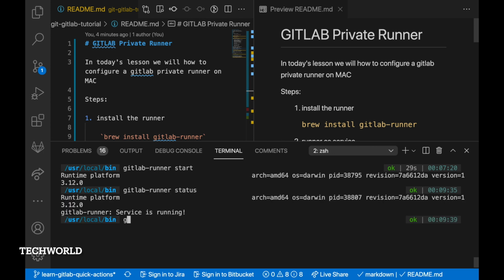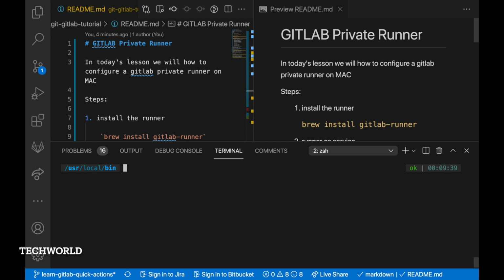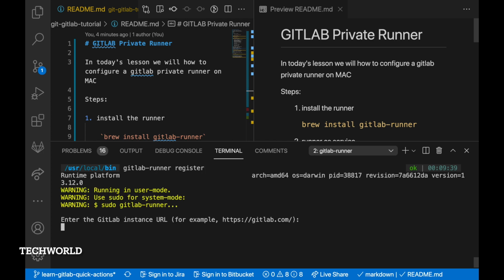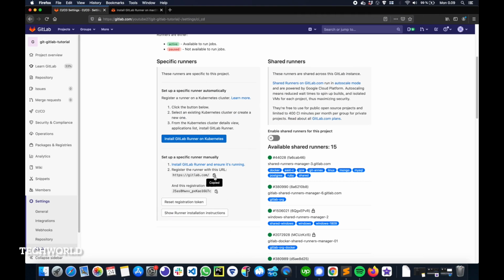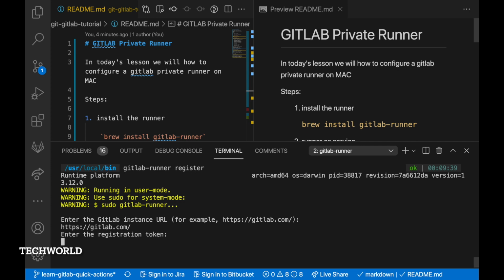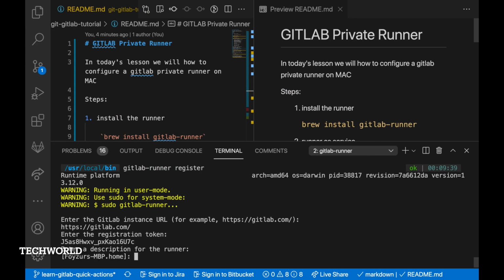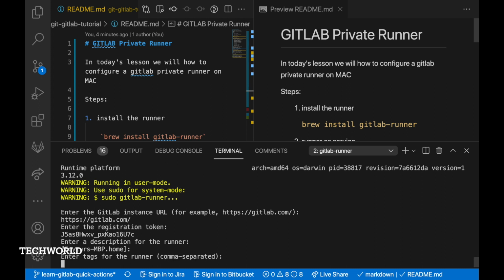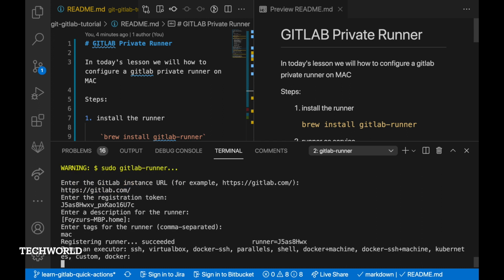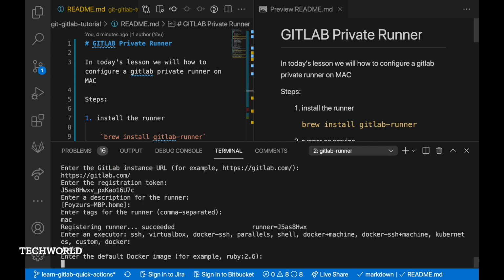Here we have a very good scenario. If you noticed, we registered a shell executor, but we did not unregister it. So if we now register a Docker executor, what will happen? Will it still be the shell executor or the Docker executor? The answer is going to be the latest one. In our case, the latest one is the Docker executor. So it's going to be the Docker executor. It's not going to be the shell executor anymore.